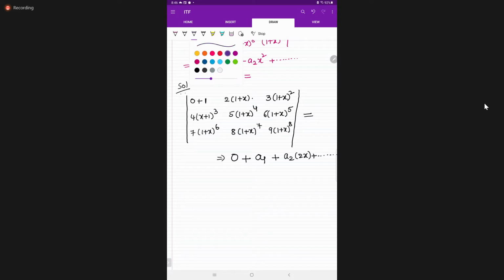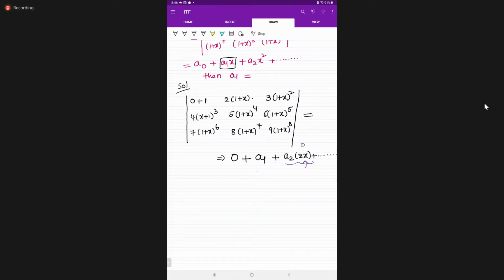See the right-hand side. Students, is my voice clear? Yes, ma'am. If you put x equal to 0, the right-hand side becomes 0, this also 0, then you can get a1, students. Again, you want a2, students. How can you find it from this determinant? One more time differentiate. Then this x becomes 1. Then again if you put x equal to 0, you can get a2.